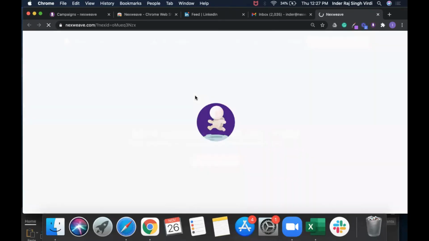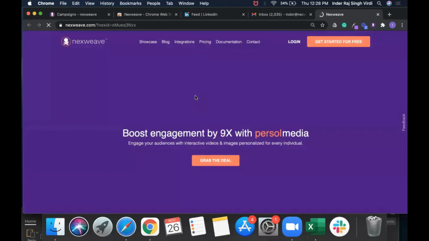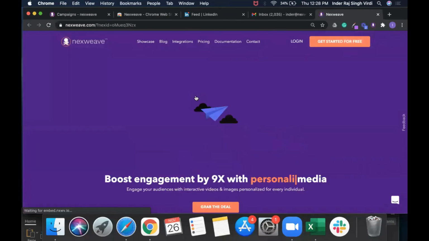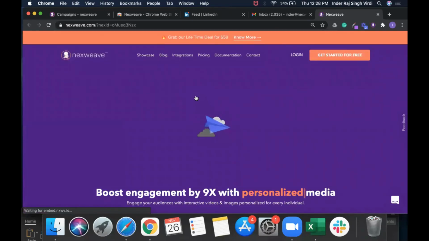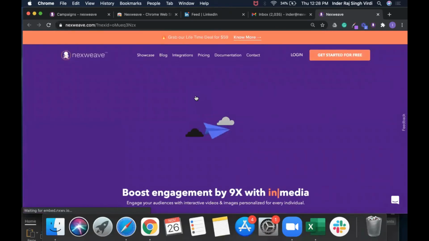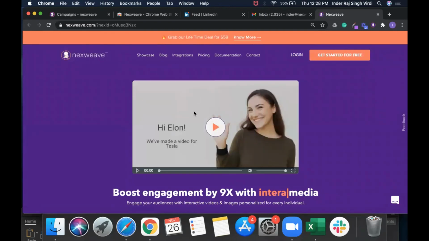In our case, we are going to demonstrate it with the NextWeave landing page itself. And the video that appears on the landing page is going to be personalized. When the video frame appears, you'll first see that there's a personalized image that is planted on the video frame itself. And when you play this particular video, you'll notice that it also contains Elon's name and the company name within the video itself.